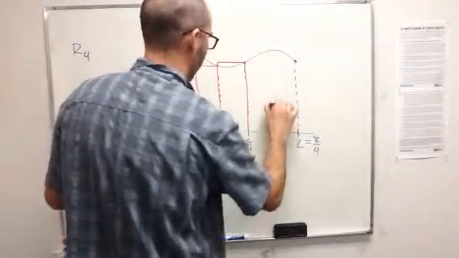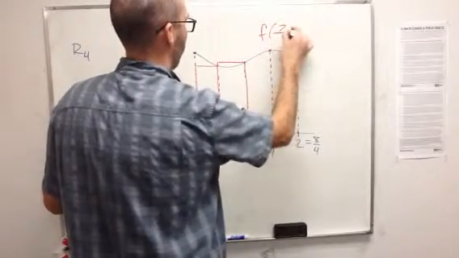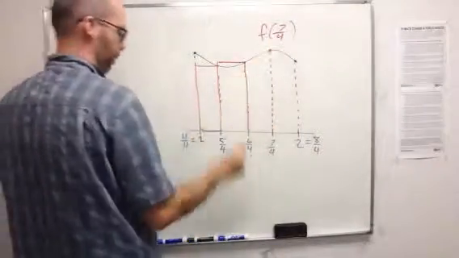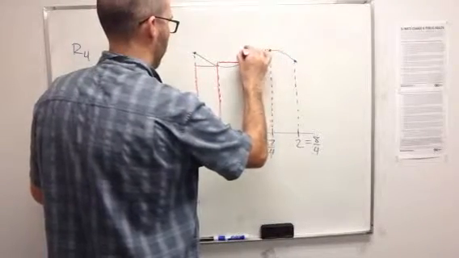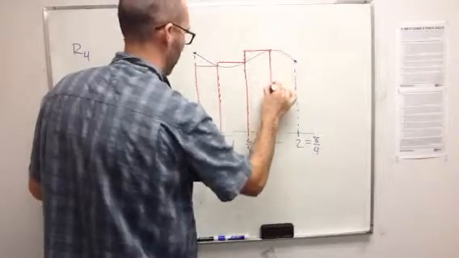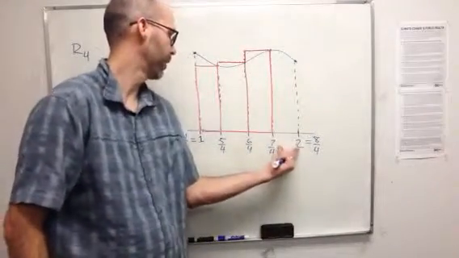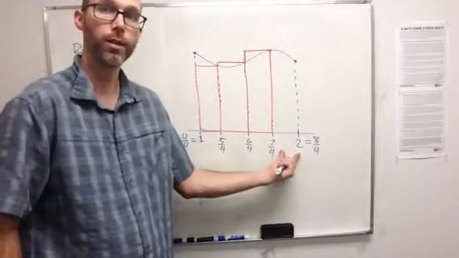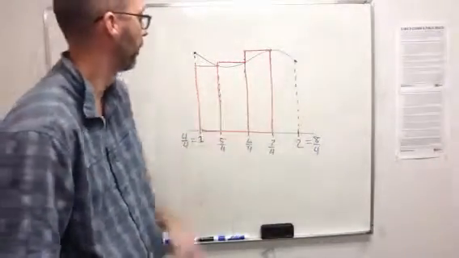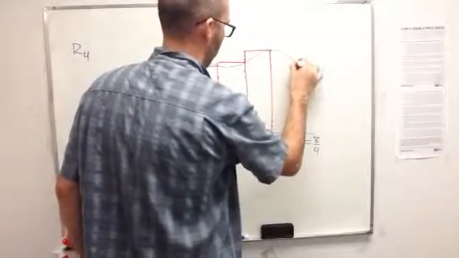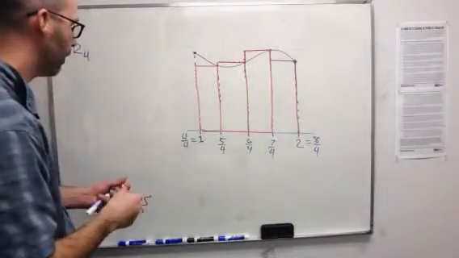How far do you go up? You go up f of 7/4, however far f tells you to go. And now for our last rectangle, we have 4 rectangles, so how far do we go up? We go up f of 2 distance. That puts us there. And so R4